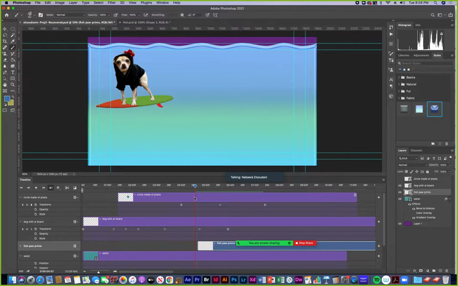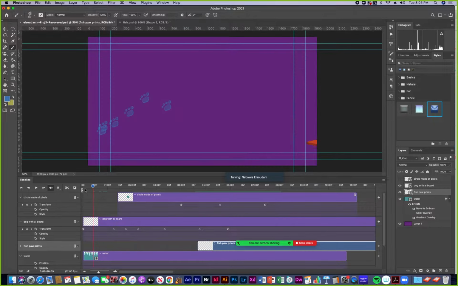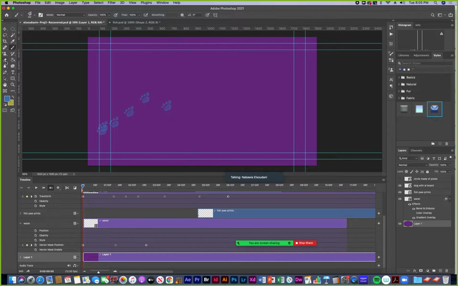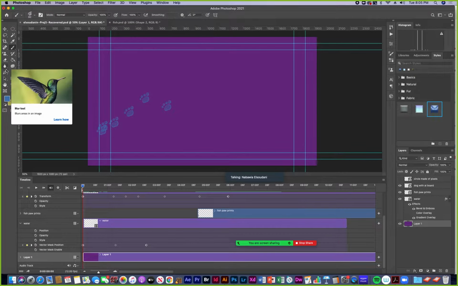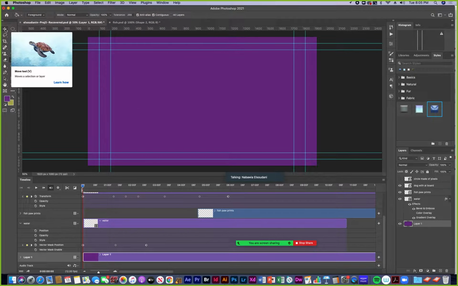So now, when I play it forward, there are paw prints circling around on any of those frames that I added paw prints to. Oops, I was adding paw prints on the background layer. Uh-oh, I don't want that. So I can just take my eyedropper and choose that color and paint bucket over that.